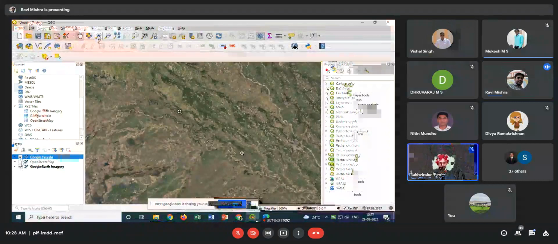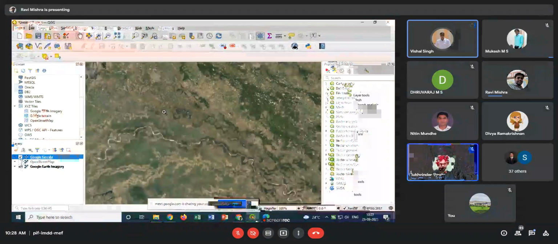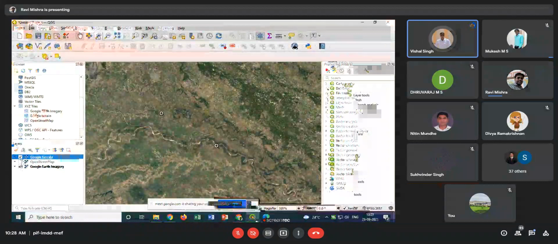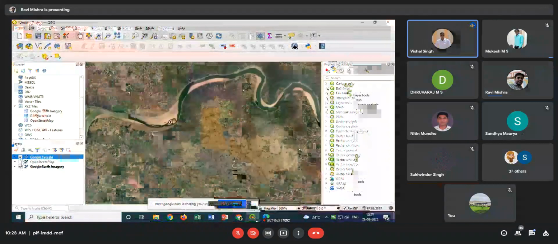No, actually, why I am telling this is because suppose that you have some reference map and you want to extract very, very fine scale information from this map. Okay, that you can do, because suppose you have your area of interest boundary, first you need to open the area of interest boundary. After that you can come to your area of interest, and whatever layers you want to create, you can create.